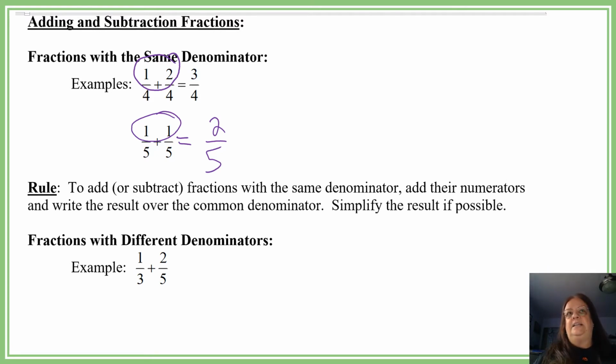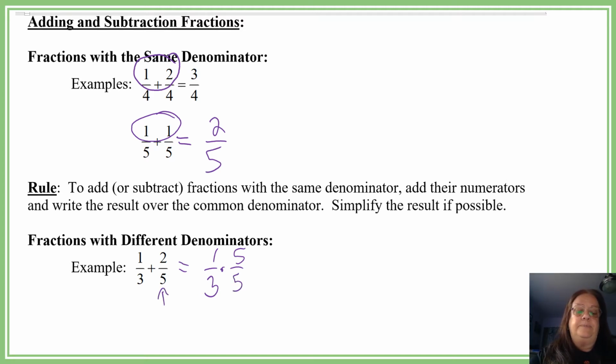It gets complicated. So what we do is we multiply the two denominators together, finding a common denominator. So if I take 1/3 and I multiply it by 1 in the form of 5/5,